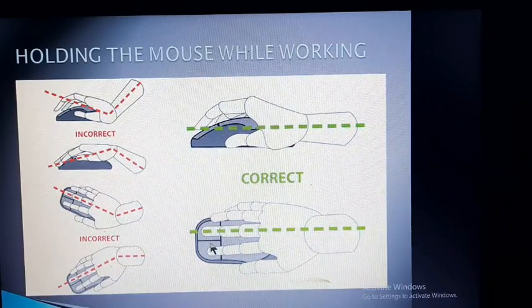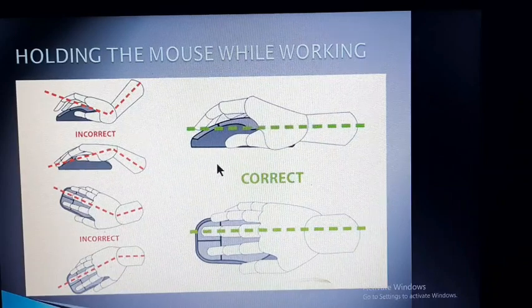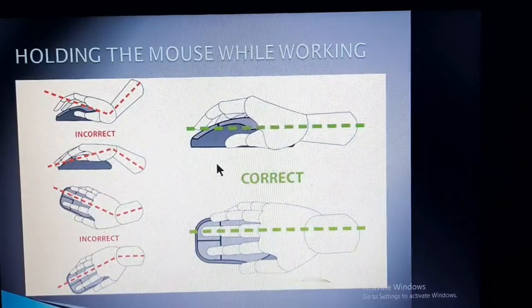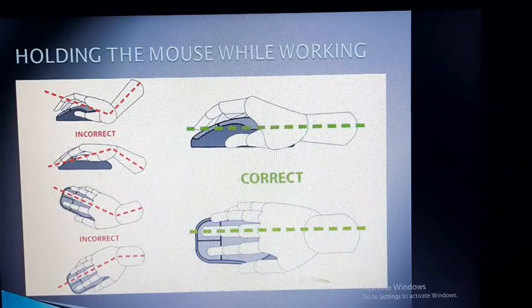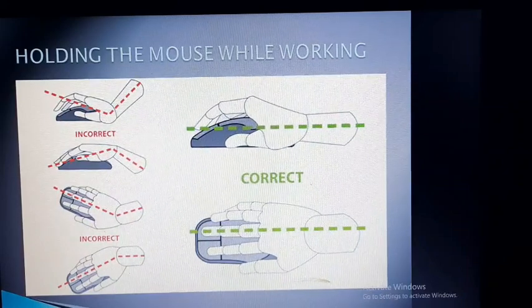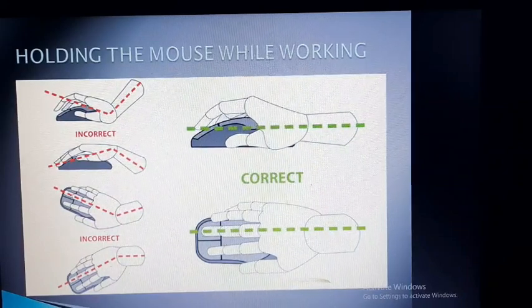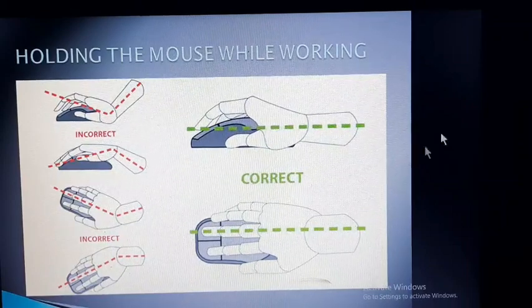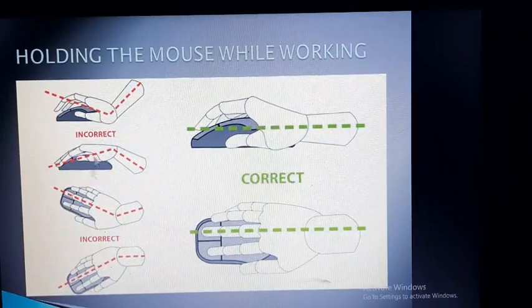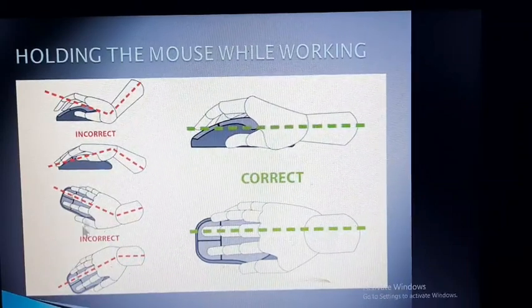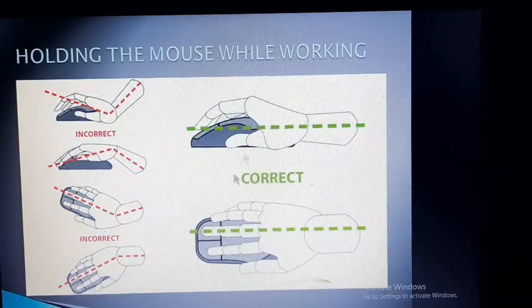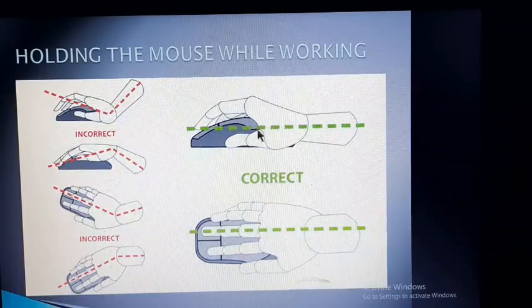And the middle key, the scroll button, is used to scroll the screen. This is the wrong position of holding the mouse, and this is the correct position of holding the mouse.